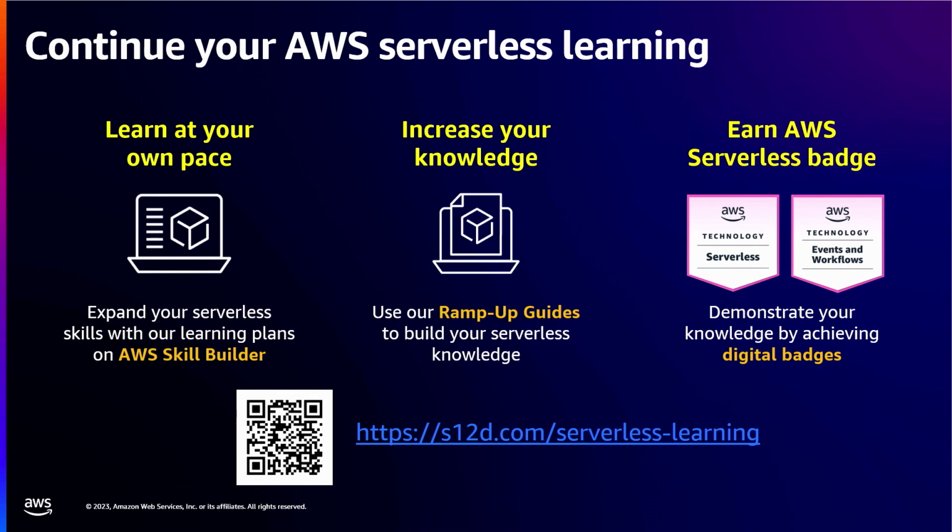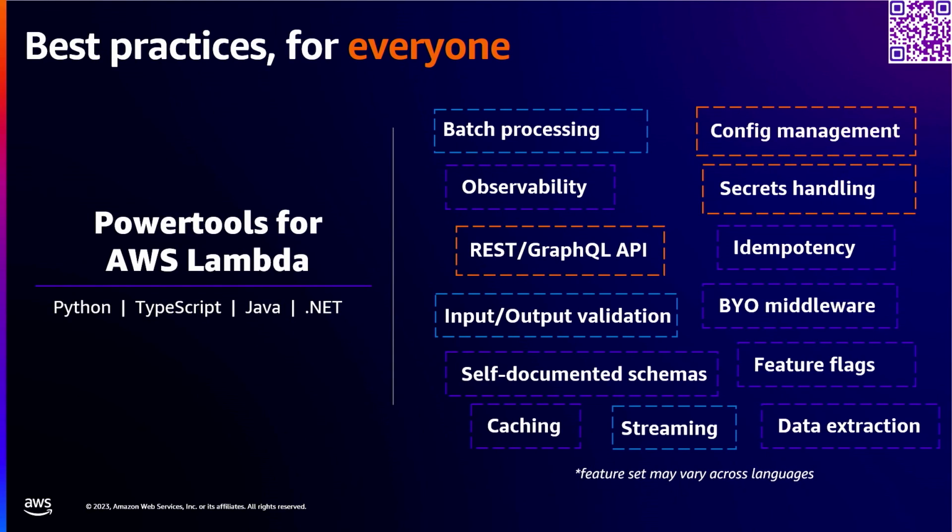So that's it. There are plenty of other opportunities here at AWS and at home to continue your serverless learning. There's AWS Skill Builder, there are some ramp-up guides, and there are some digital badges you can earn, which I'm sure you're dying to show your knowledge of serverless services on AWS. If you aren't aware, a great utility is Powertools for AWS Lambda, available for Python, TypeScript, Java, and .NET. You can add a bunch of utilities onto your Lambda function, and specifically for streaming data, it has batch processing features and idempotency features, and it's really easy. So instead of running a whole bunch of glue code to integrate with streaming sources and other kinds of sources, I would seriously suggest you take a look at Powertools for AWS Lambda.